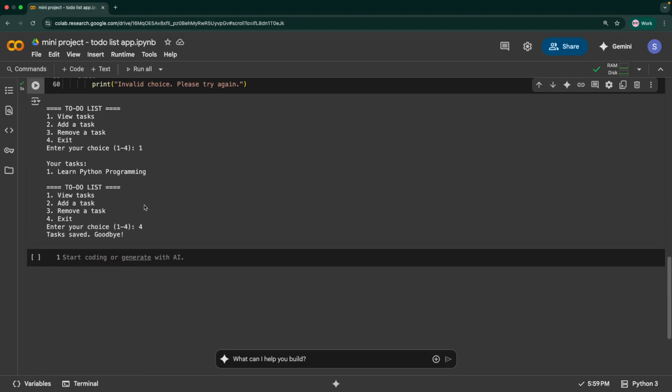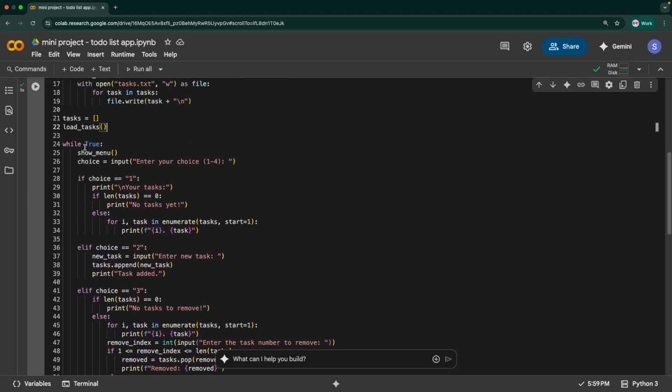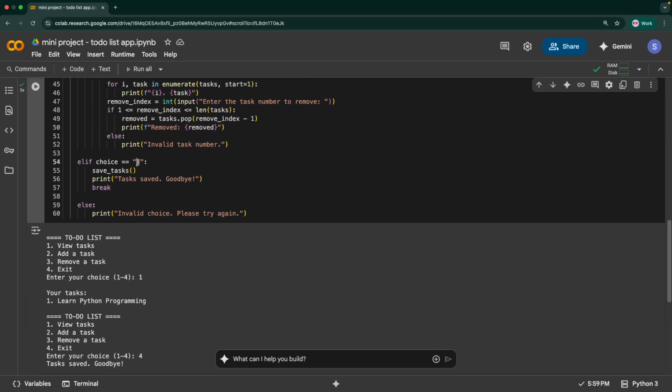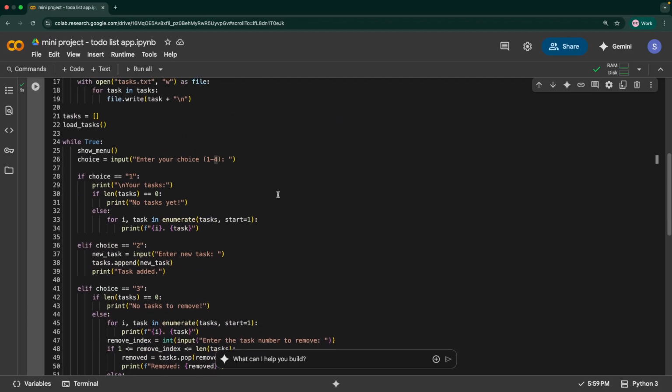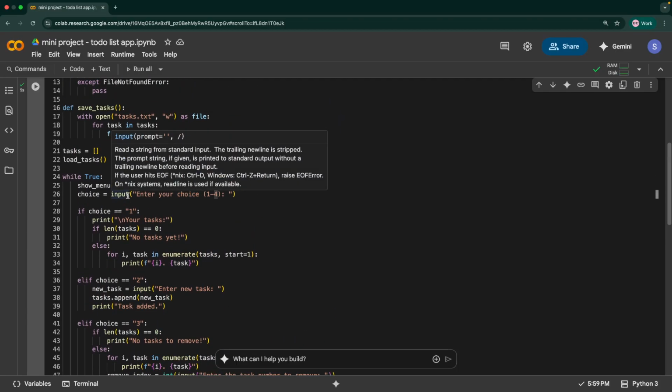So if they don't give that, it should keep running so that they can add or view tasks and so on. So we enter an infinite loop because it is always true until the user has exited it. If they give 4, we have a break statement, so the loop would be stopped, right? We have discussed this in our while loop section, in the for loop section.